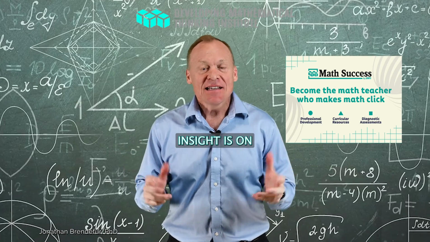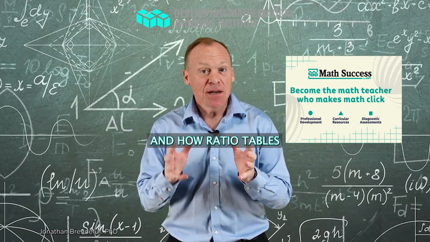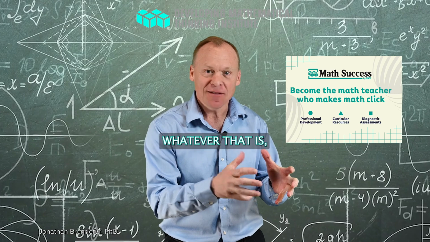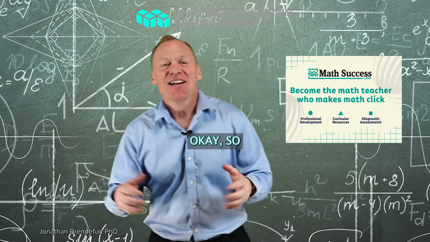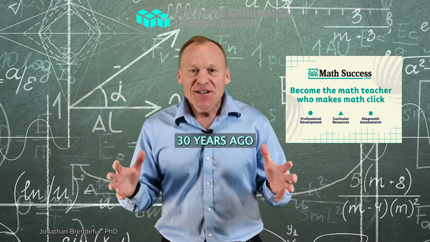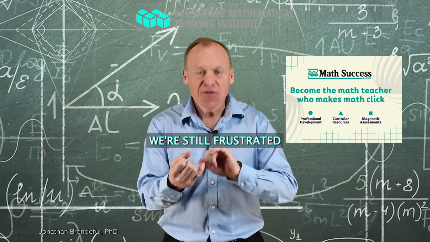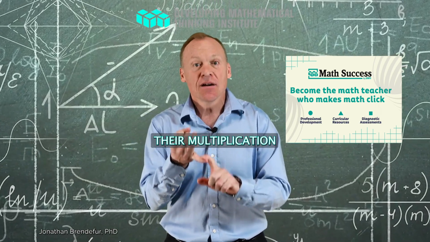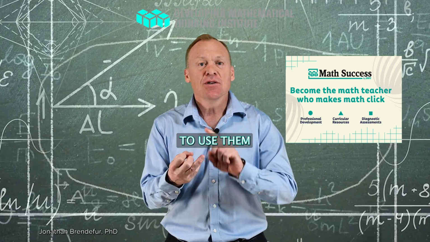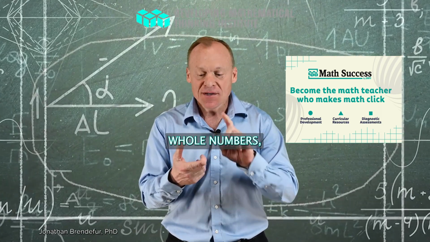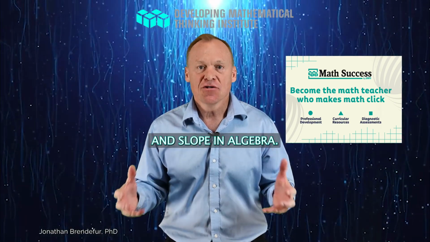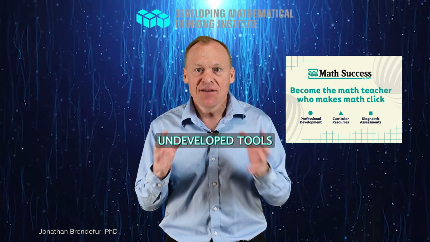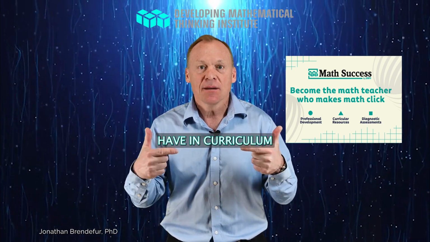Today's DMT Insight is on ratio tables and how ratio tables can be used to build multiplicative thinking, whatever that is, all the way up to understanding of slope, whatever that is. Okay, so as a former algebra teacher 30 years ago and to today, we're still frustrated with kids not knowing their multiplication facts, not being able to use them with division, whole numbers, decimals, fractions, understanding ratio proportion, and slope in algebra. So huge problem, and one of the most undeveloped tools that we have in curriculum is the ratio